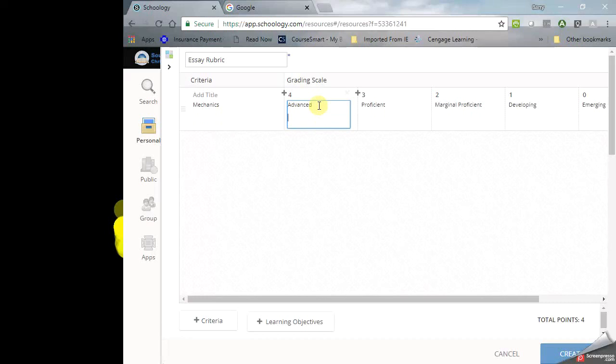And again, you would just fill that in with whatever it would be. You know, very few errors in grammar, etc., and just go through that. Proficient would be a notch down, a few errors, and I'm just dealing with grammar here. Obviously, mechanics would have a lot more than just grammar. Some errors in grammar, marginal proficient,